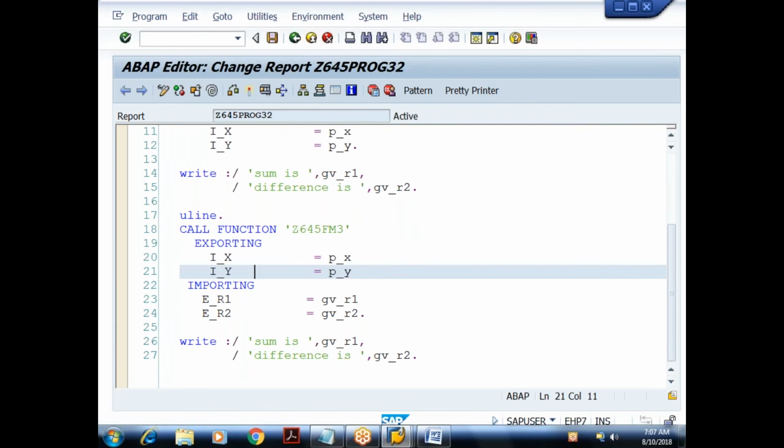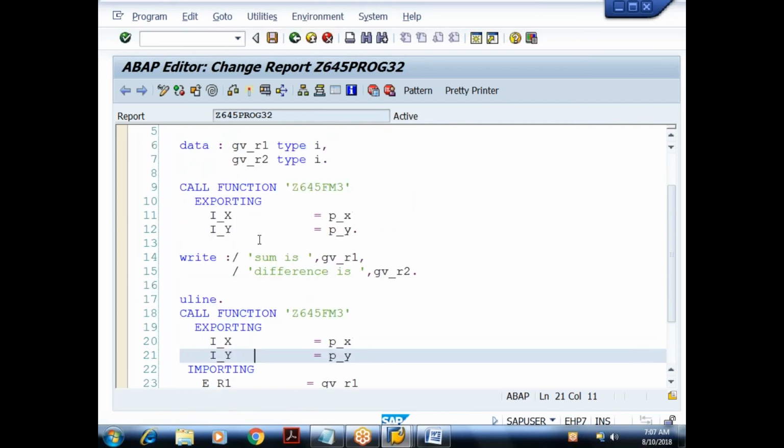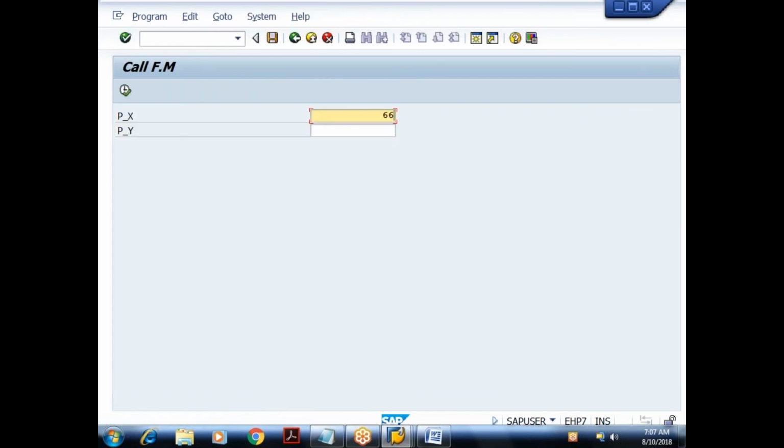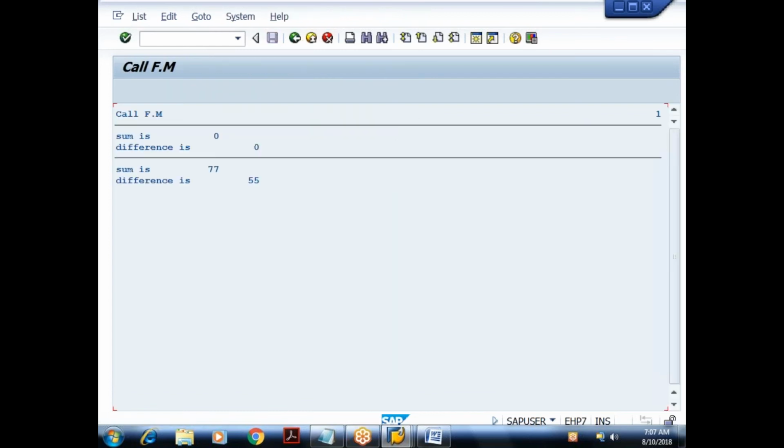We are calling the function model FM3 by exporting two parameters p_x and p_y, which gets imported in i_x and i_y. Then the function model exports two parameters e_r1 and e_r2, which we are importing in gv_r1 and gv_r2. So when I execute this, right, this time I'm receiving the values.